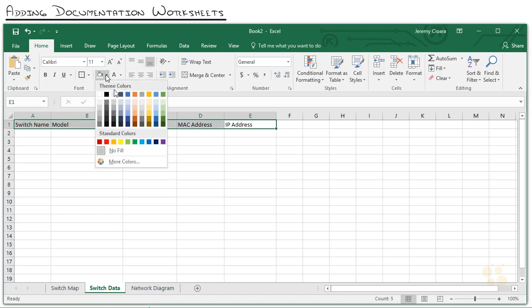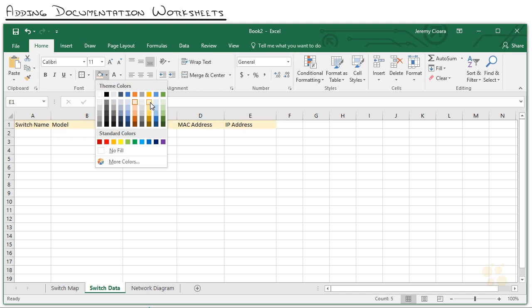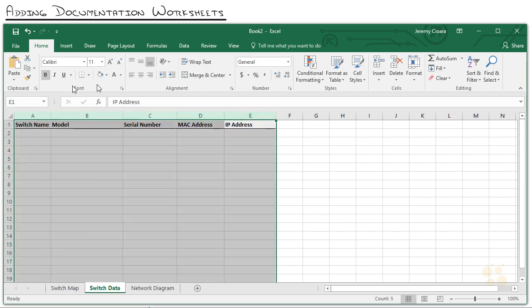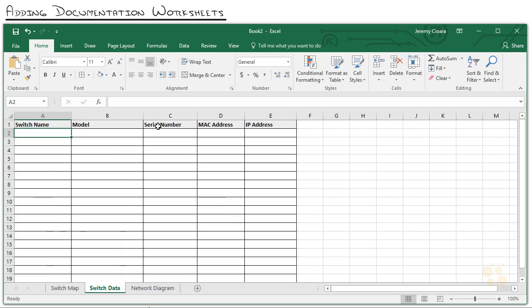Highlight those things. Let's make those... we'll make them a light, or I don't like a light orange. Let's go light gray. Bold, bottom border underline. Actually, let's just do this. We'll go grid lines all the way through. So expand that out. Switch name